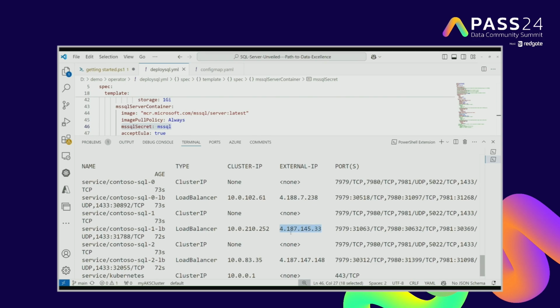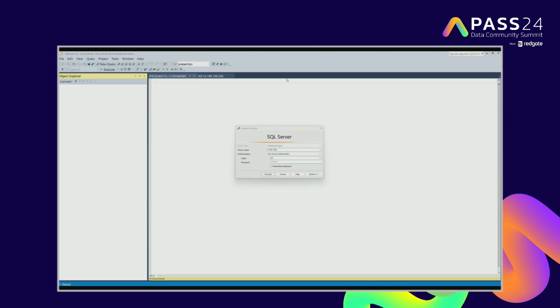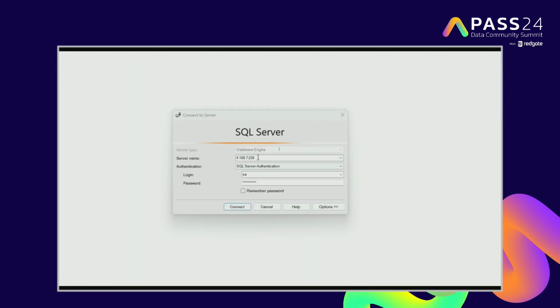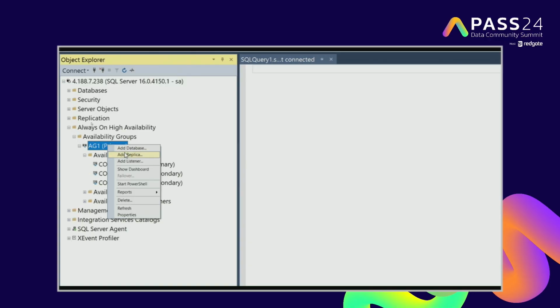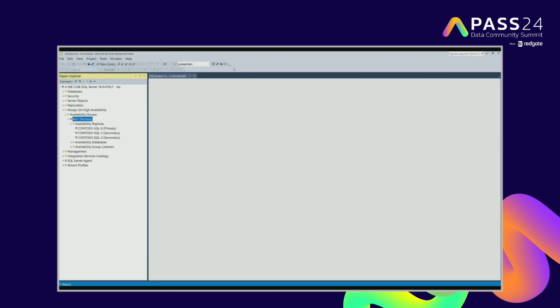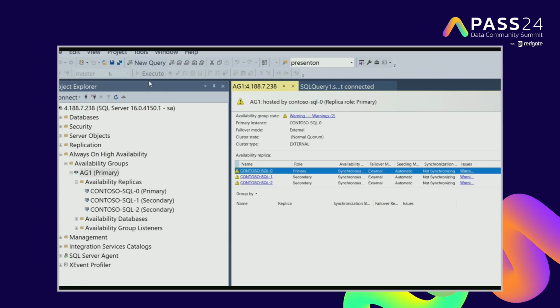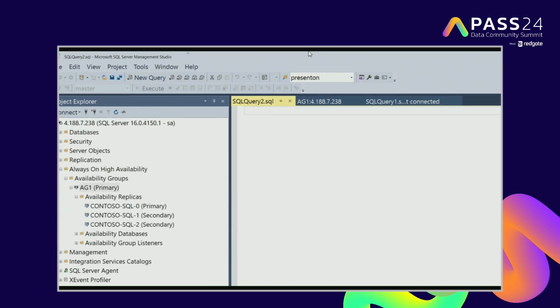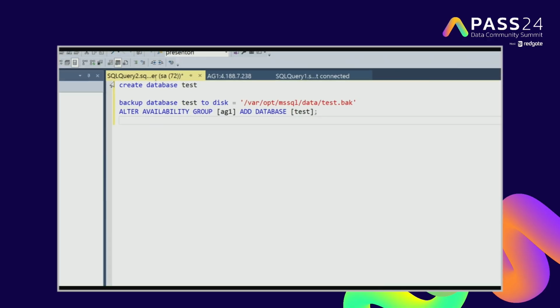So 71 seconds: 3 SQL Server instances deployed, Always On availability group configured, and external services created so that you can connect from outside the Kubernetes service. From my local laptop, I'm just running SSMS, connecting to the SQL Server instance, expanding the availability group. There you go, you have the availability group, and I can use this like any other SQL Server availability group. This is yellow. Why? Because I've still not added a database to it. I'll just create an empty database, add it to the Always On availability group, and it's going to be